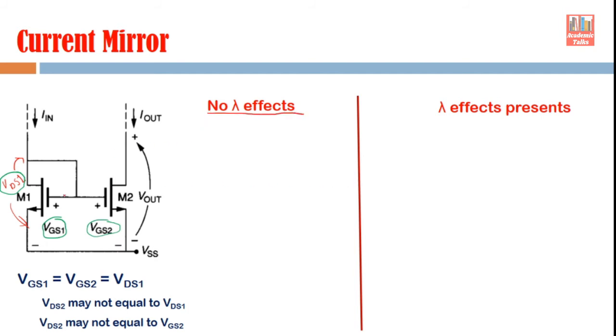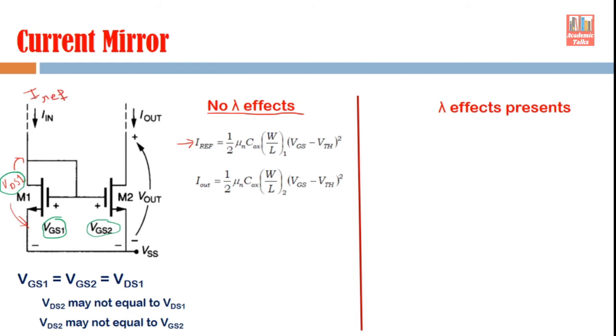In that case, M1 and M2, the two devices are there, and the currents in these two devices are given by this I reference. So this I reference means this is your I in, and I reference, it is the same thing, right? So sometimes it is considered the input current also, because the reference current is going to the input terminal of this current mirror. So the I reference will be given by this. You see here, this W by L ratio is for the first transistor, and the transistor which is here is an NMOS transistor.